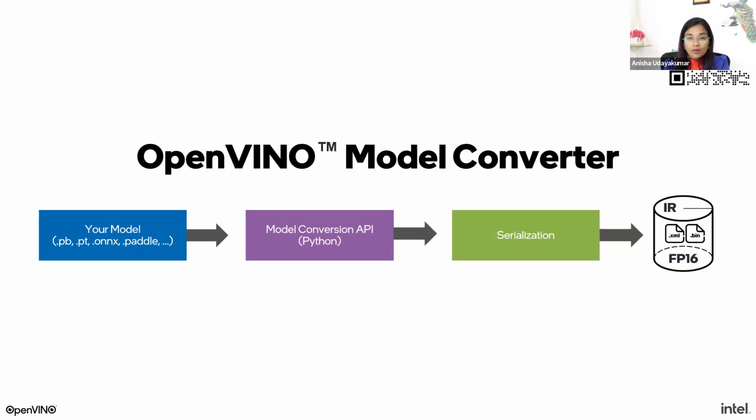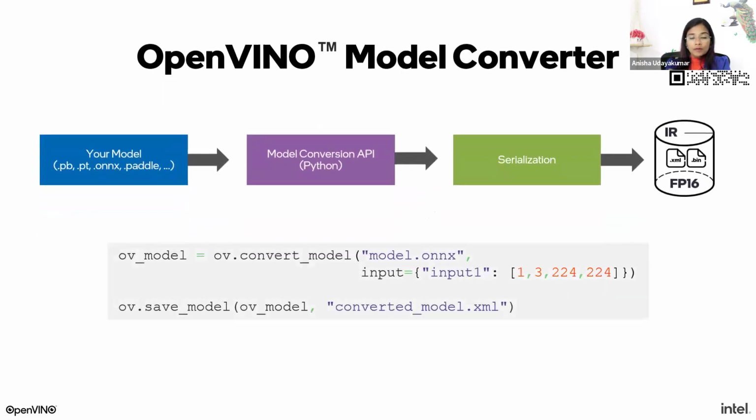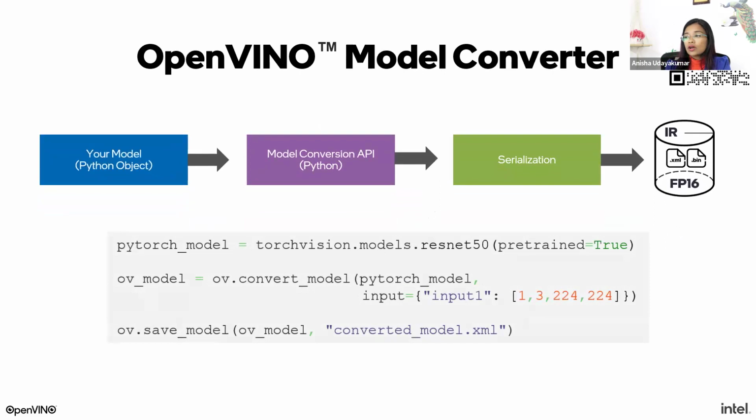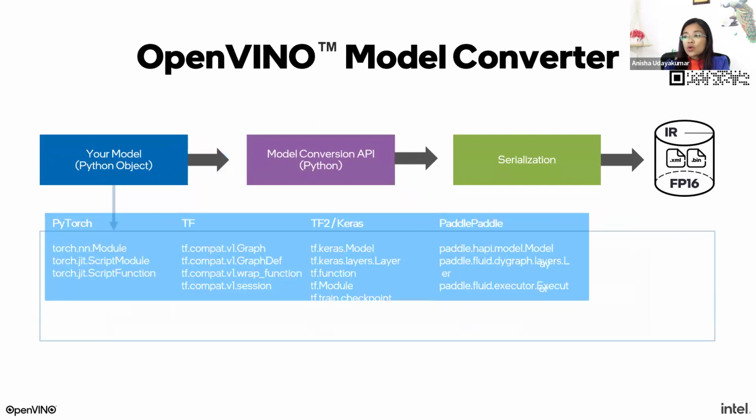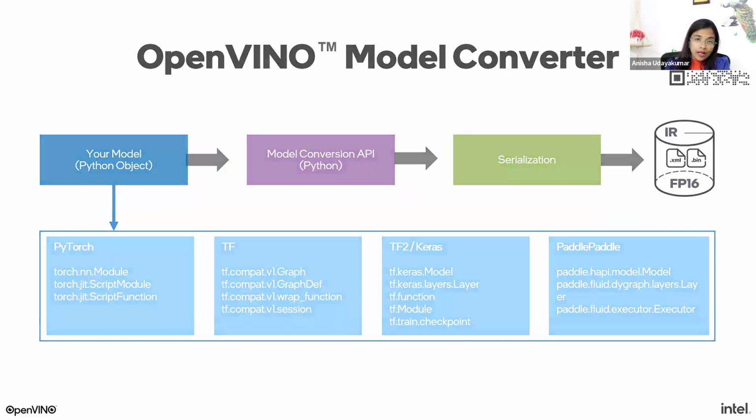You optimize the model to FP16, floating point 16, from floating point 32 format. What it means is you're trying to convert your model into a lighter version so that you get the best performance out of it without compromising much on accuracy. So these are the syntax that you'll use. And as I mentioned, we also support PyTorch models for torchvision. This is the code snippet. Similarly, we also support TensorFlow, TF2, Keras, and Paddle models as well.